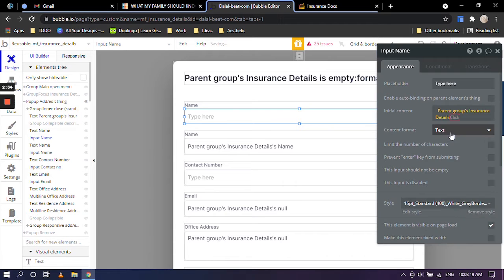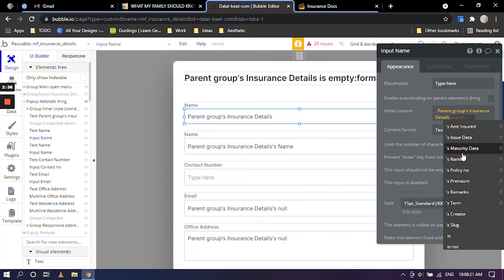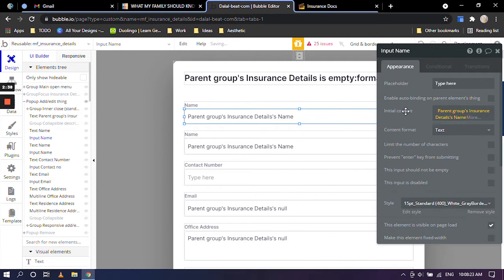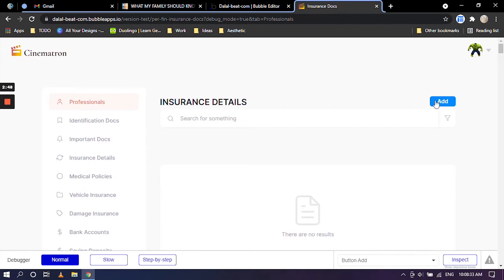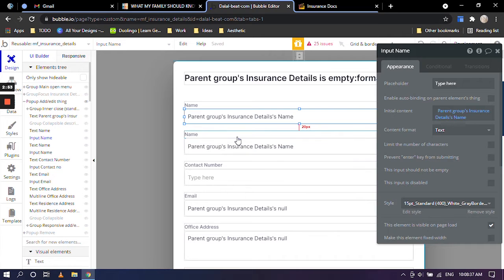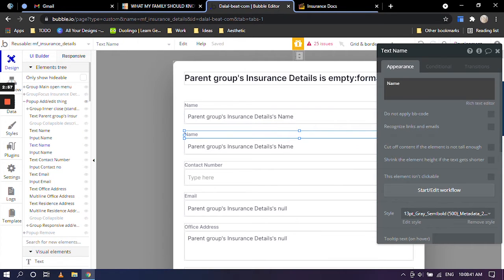We have parent groups insurance detail, and we have name. So that is what it takes from the database if it's retrieving the data, but otherwise it will be empty. For the create option, it will be empty, whereas in the edit, it will take the data from the database. So the next one is